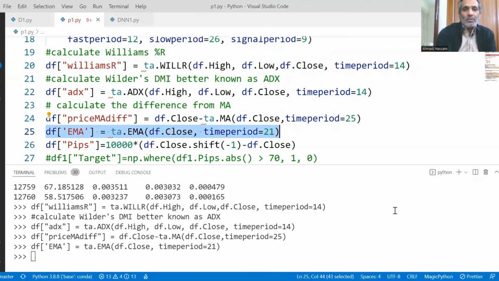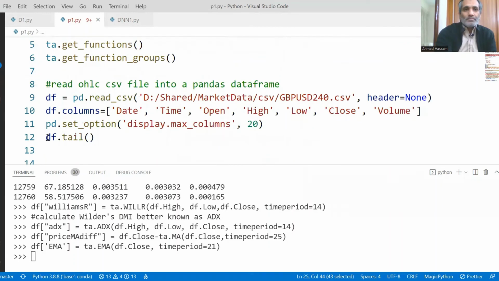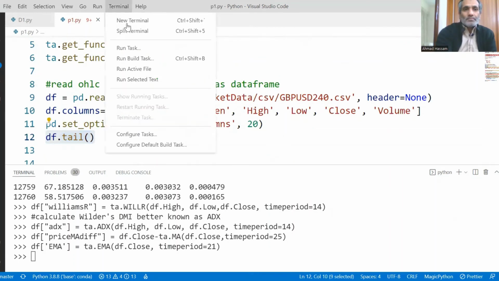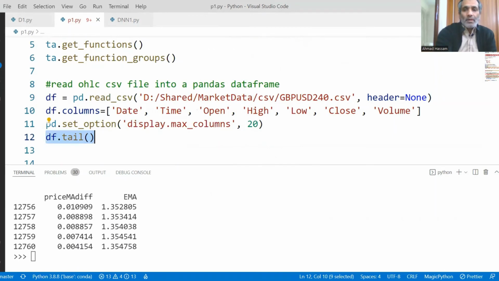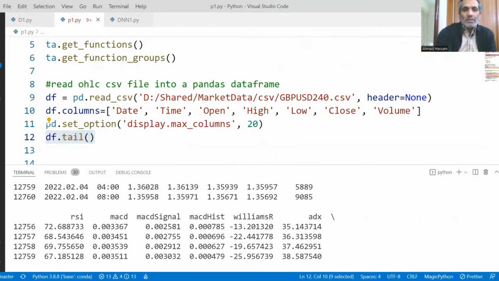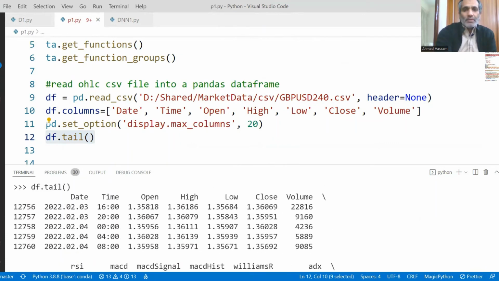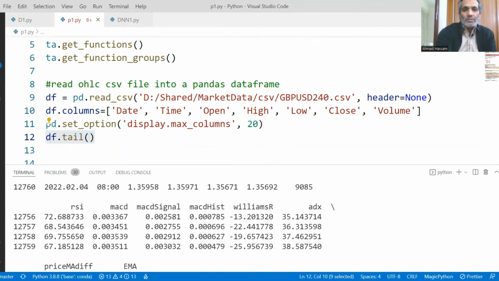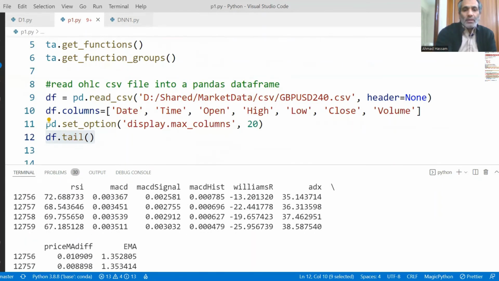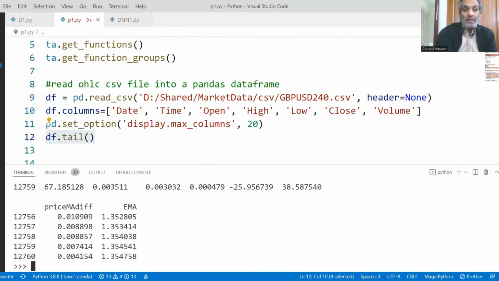So it adds a new column. Let's check. RSI, MACD, MACD signal, the date, time, open, high, low, close, and there's a continuation of the same rows as we have added more columns. Williams R, ADX, price MA diff, EMA.